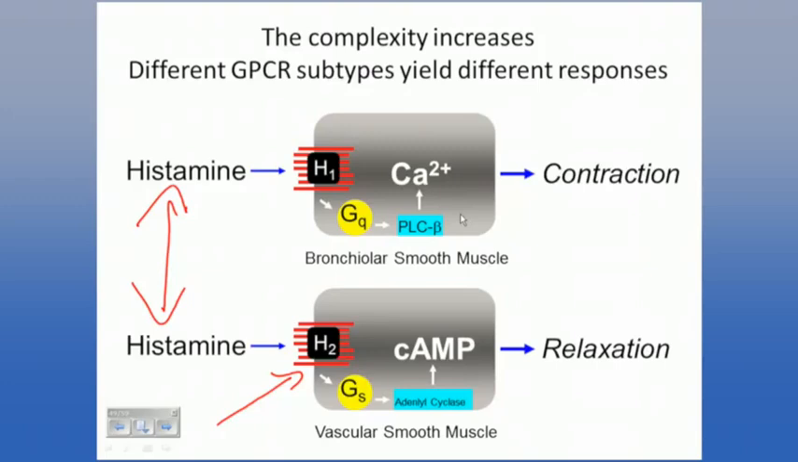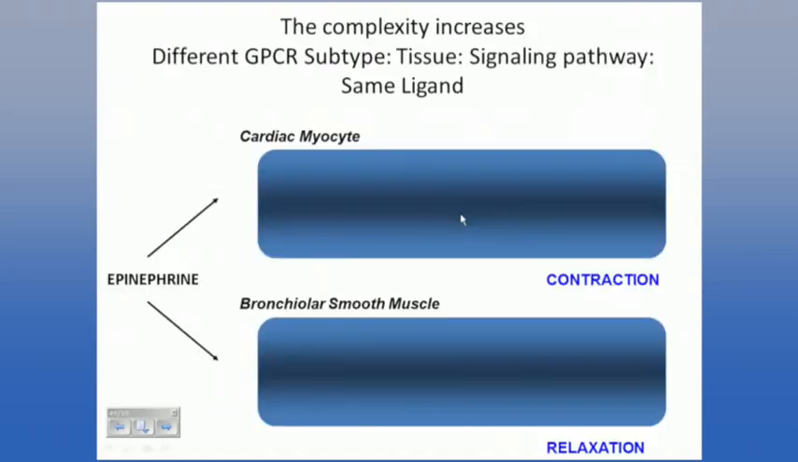So bronchiolar smooth muscle exists in very close proximity to vascular smooth muscle. So these contrasting actions are important to normal human physiology. Here's another example of epinephrine. In this particular example, epinephrine is binding to two different receptor subtypes, which are found in different concentrations in different